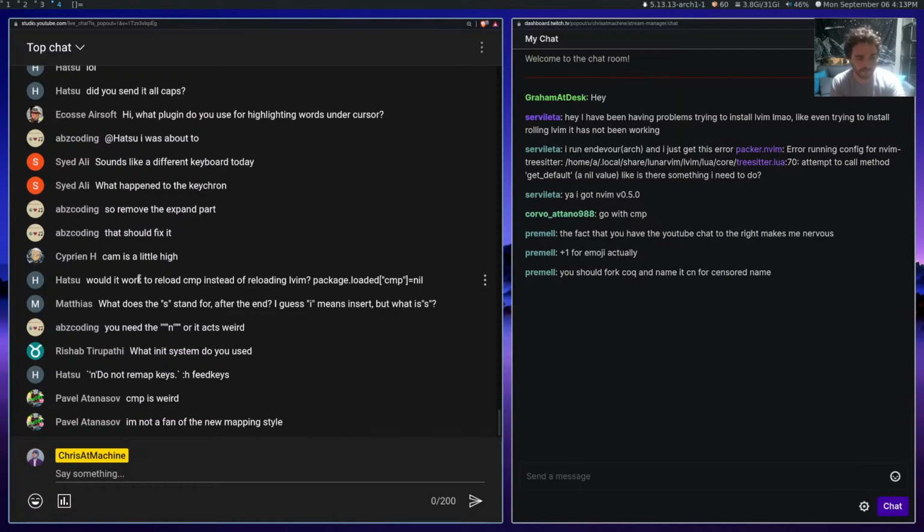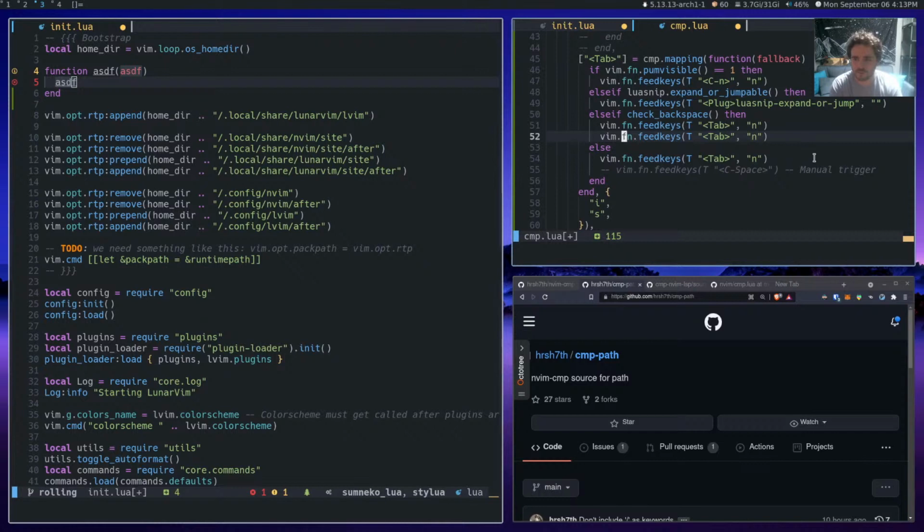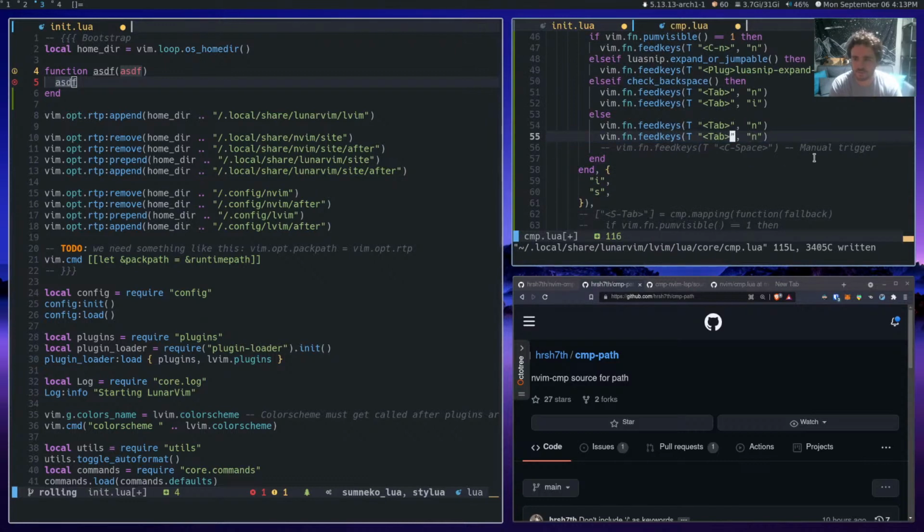Need the N, okay. Yeah, but I'm in insert mode, so you know, maybe what if I do this and also I, and then also this, and then also, damn it, I. Like, maybe it'll give me for different modes.